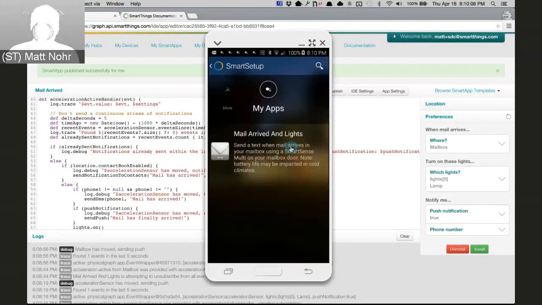There it is. You can see that I have My Apps selected. So this is in that marketplace. Now there's a new section called My Apps. Any of the apps that you've published for yourself will show up here, and you can go through and install it